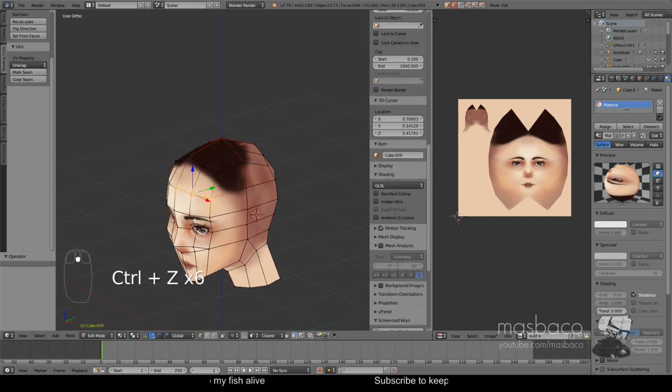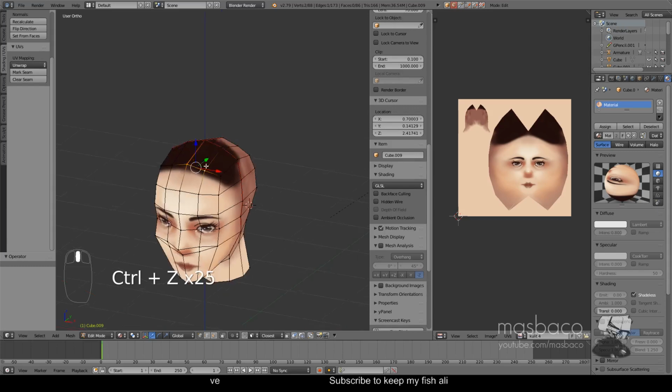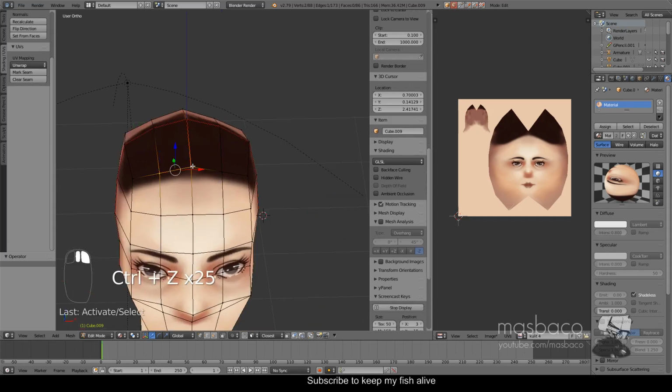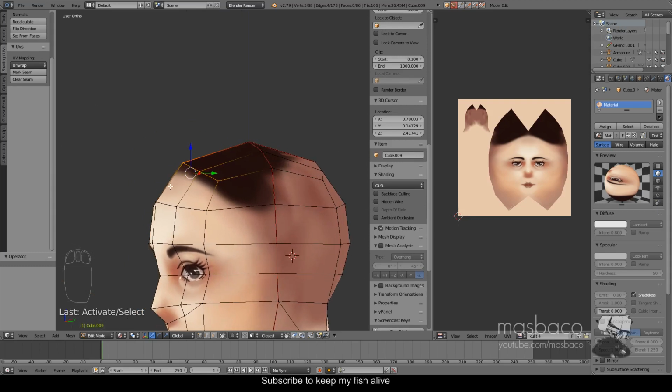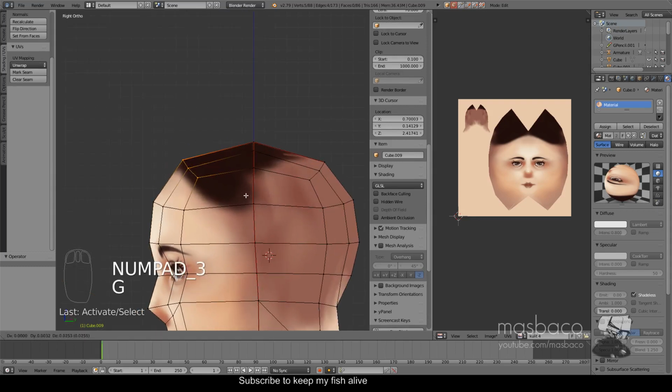Oops. Okay, I forgot again. I'm not in the mirror modifier anymore. Okay, go to 3, bring this up a little bit,